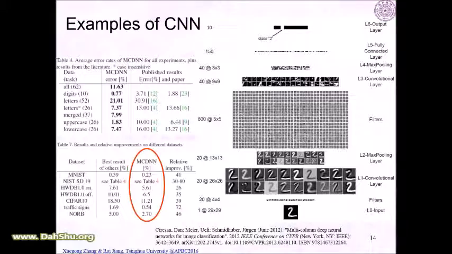This is a specific structure used in this paper. From the original image, they have multiple filters. They have this convolution layer and max pooling, another set of filters, another convolution layer. So the dimension at first increases and then decreases, and at the output they have a fully connected multi-layer perceptron. They have 10 outputs, representing the 10 digits.